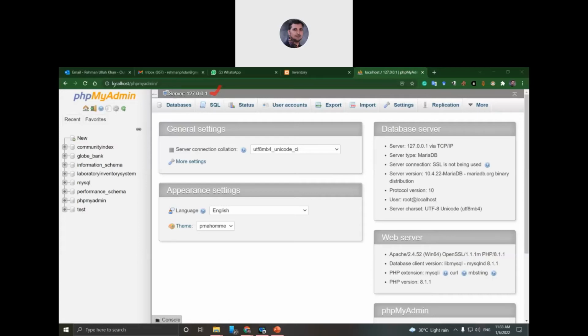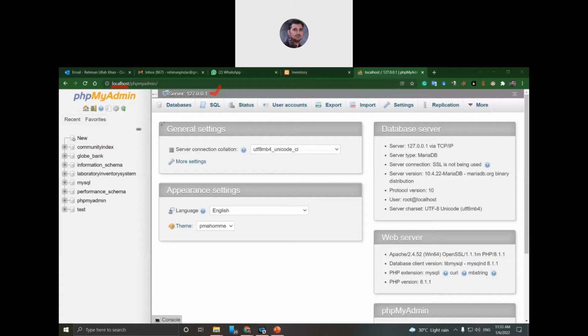When we type localhost in the browser, localhost is like a domain name. Like when we type www.google.com or www.unimas.my, this is called a domain name. The domain name is unique throughout the world. For example, there is no other website like www.unimas.my; only one website in the whole world. It is called a domain name.